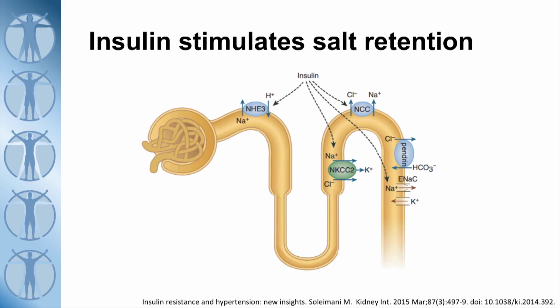So having a look here, this is an example of the structure of the kidney. This is where the blood passes through here, in and out here, and some of the fluid from the blood gets what we call filtered here. And that fluid passes through this tubule all the way down here until eventually it passes out into the urine. And what you can see here is that at these 4 sites, insulin draws salt back out of that potential urine and pushes it back into the blood. So in a state of excess insulin, our bodies are doing everything they can to hold on to salt.